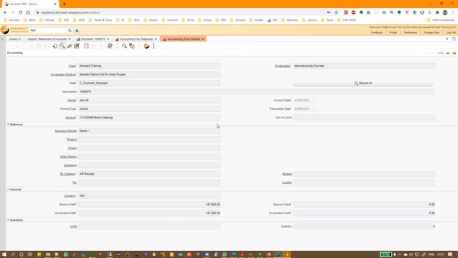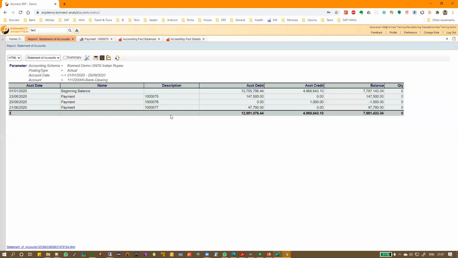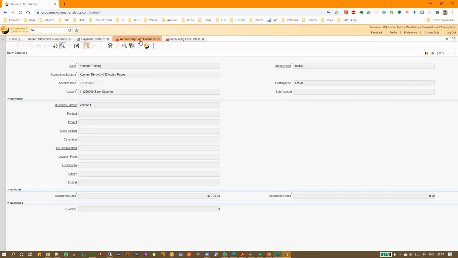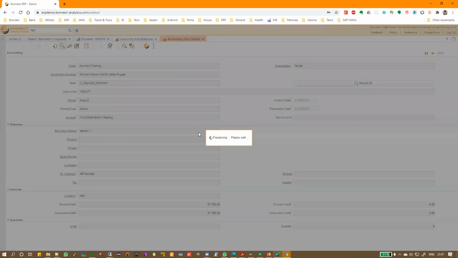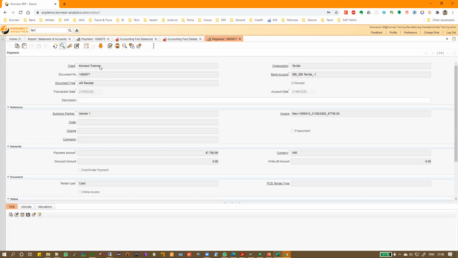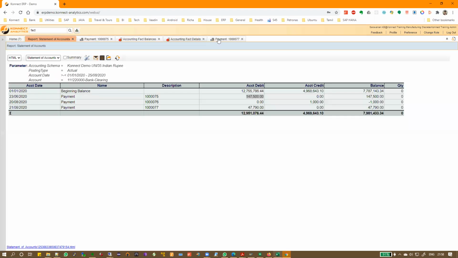You look at a high level report, something like statement of accounts, you find some anomaly, and you come to details because you know the date. You go to that account, filter it like this, and then you can zoom to the transaction window. From accounting also you can go back to the transaction window, using this button. Okay, so these are the basic 3 reports.